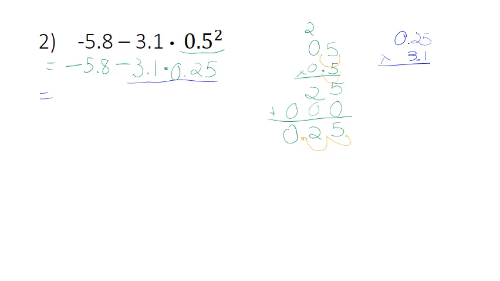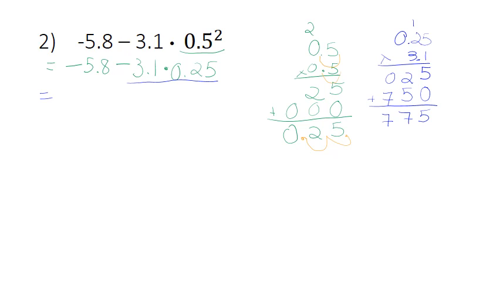Okay, 1 times 5 is 5, and 1 times 2 is 2. 1 times 0 is 0. I add a 0 here. 3 times 5 is 15. 3 times 2 is 6, plus 1 is 7. And I find the sum. 5 and 0 is 5, 2 and 5 is 7, 0 and 7 is 7, and then I add my